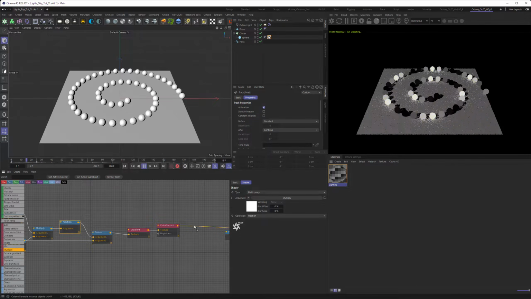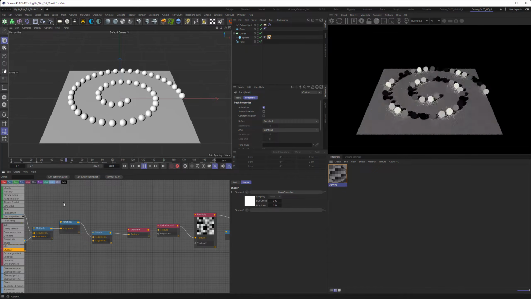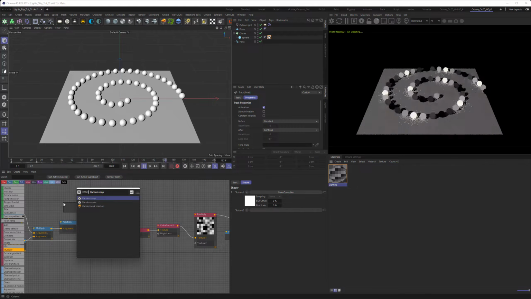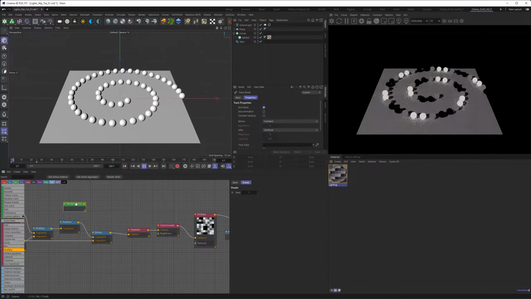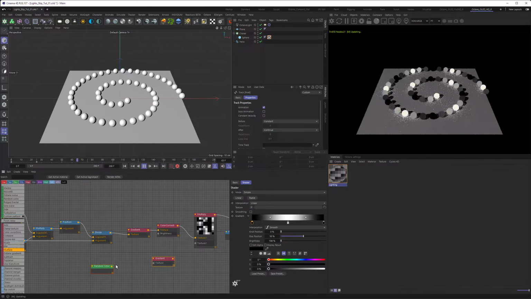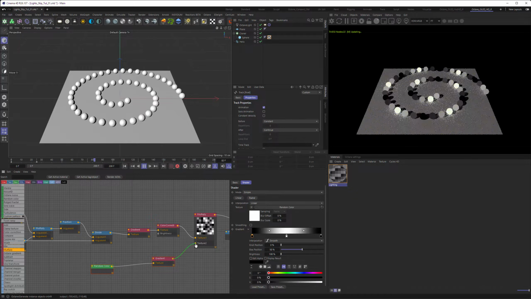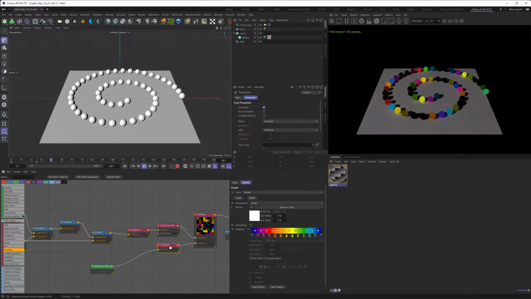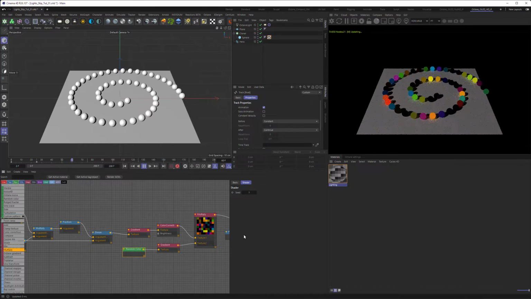So let's add a multiply here, and then we will add a random color, and another gradient. And in this gradient, what we will do is go to the presets here, load presets, and load a rainbow. Here we go. That's what I wanted to do. So now we have a cycling pattern here through rainbow lights.